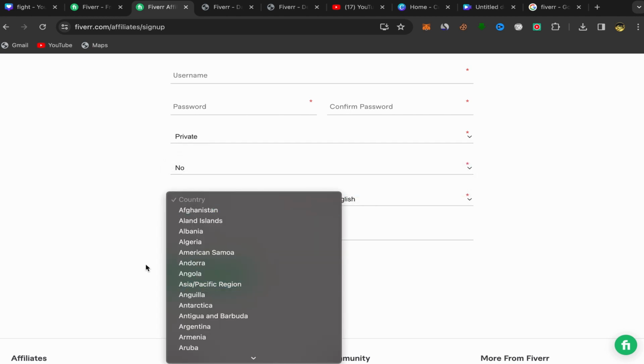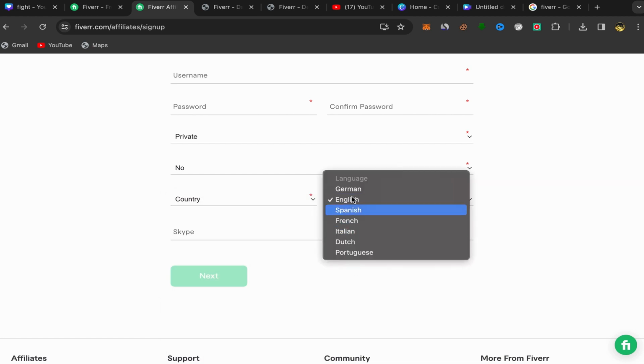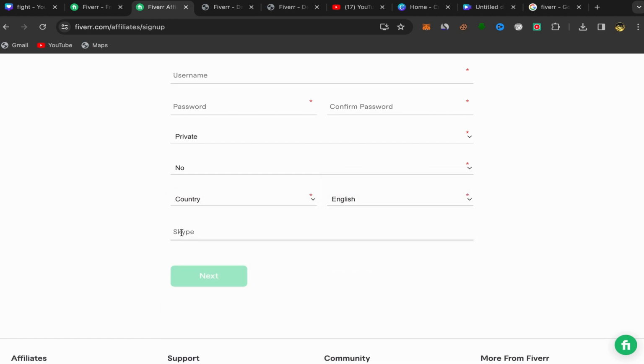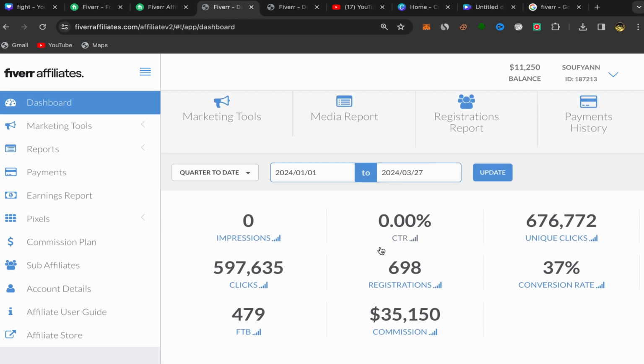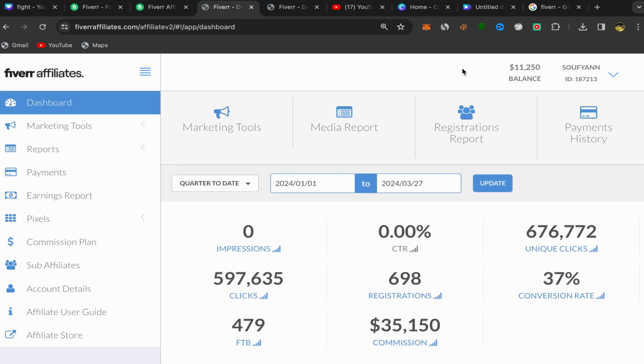Choose your country and choose your language over here. If you have Skype, you can put your Skype here. If you don't have, that's fine. Just click on next, answer the next few questions, and that's it. After you finish, this will be your home page and you should have an account like this one with Fiverr